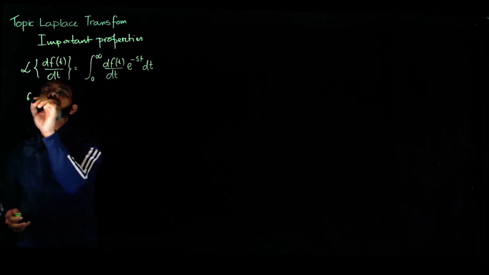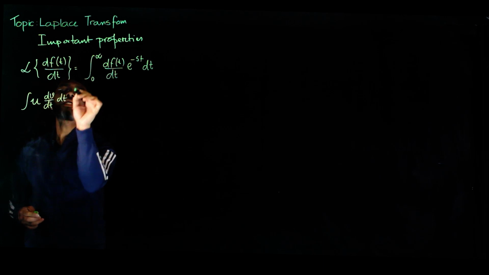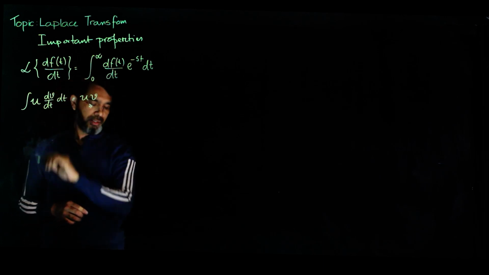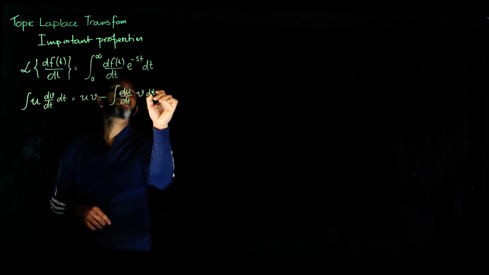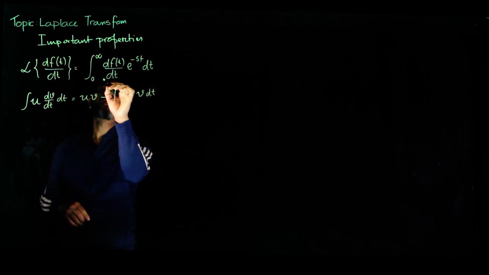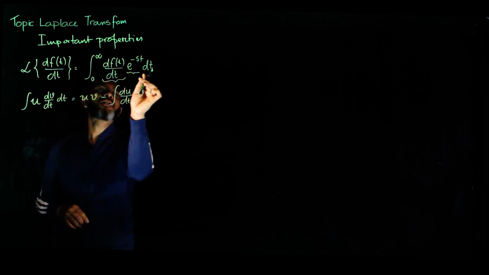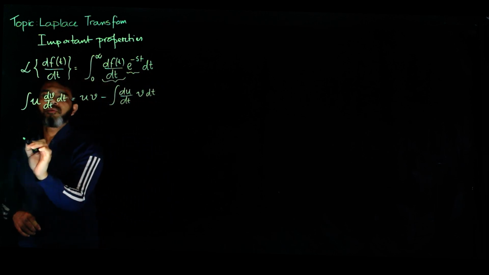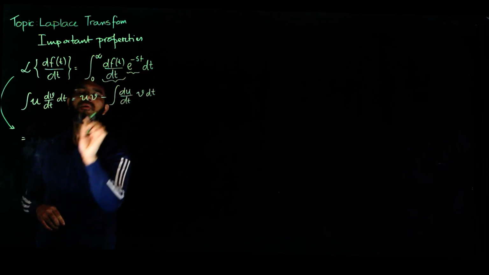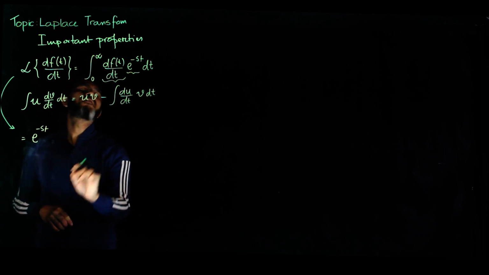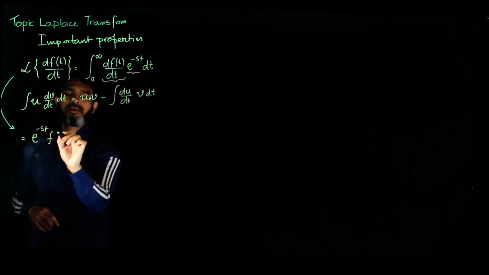In this case, we can use the simpler formulation of integration by parts, which is the integral of u dv/dt dt becomes uv minus the integral of v du/dt dt. In this case, we consider this part to correspond to dv/dt and this part to correspond to u. So we'll have u, or e to the negative st, and v, considering that this is dv/dt equals df(t)/dt, so the function itself,